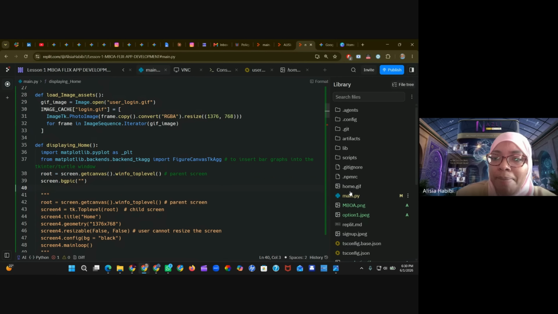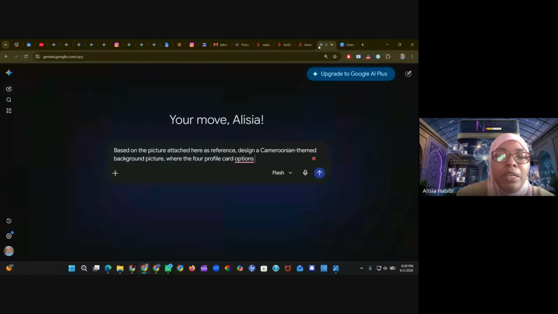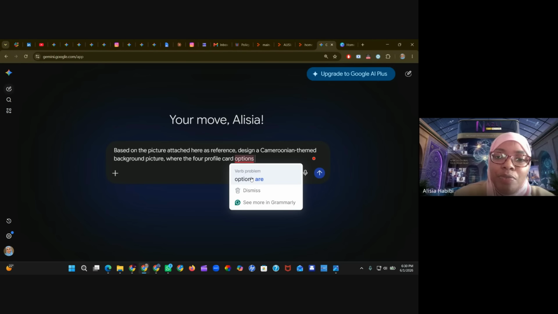I'm talking about this picture because this is where they will go back to, because we need to take them back here so they decide what they click. Now, once they click any of these options, you will need to create the kind of picture that I'm creating right now. The picture I'm creating is only for the first option here, but you definitely need to do it for all of these options. That's why it's a big app. So I'm going to say for the 4 profile card options, which are,